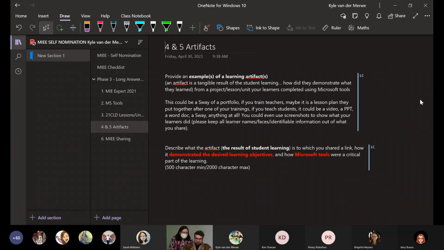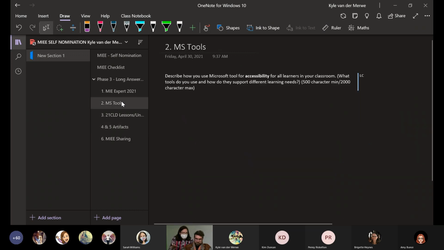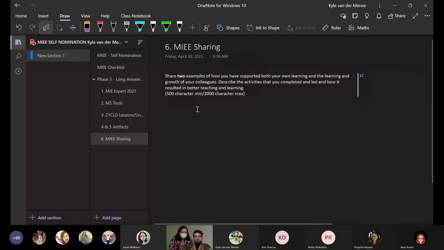And that links right back to number 2, where you get more chance to discuss your tools. And this is about accessibility, which is what Amy and Sarah went through today. And then you can add more. And lastly, it's about how you shared. Number 6, how you shared. In your OneNote you can put the link to the part of the Teams meeting that has your hack in it. You can talk about your hack. But ultimately what you're copying into the application is a 500 to 2,000